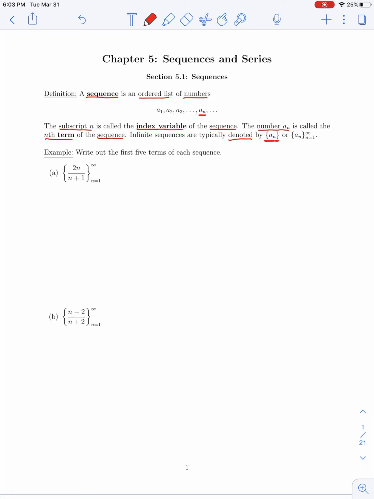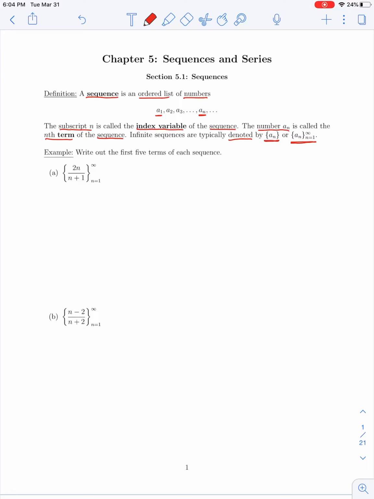Now, the notation that we typically use for infinite sequences would be either to write the expression for the nth term, A sub n, written in curly braces, or if we need to be a little more specific, we would write A sub n in curly braces with the subscript n equals 1 and the superscript infinity, if we want to denote a little more specifically that the first term of our sequence will correspond to n